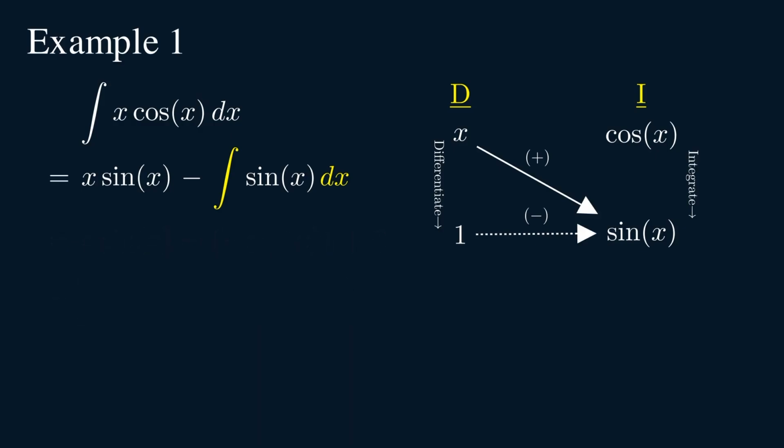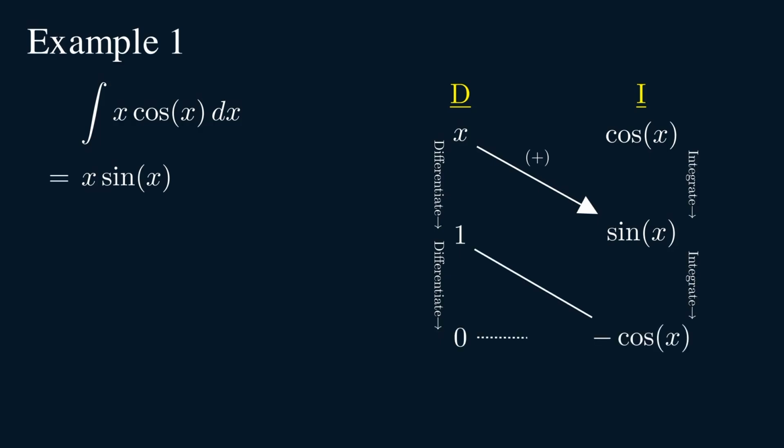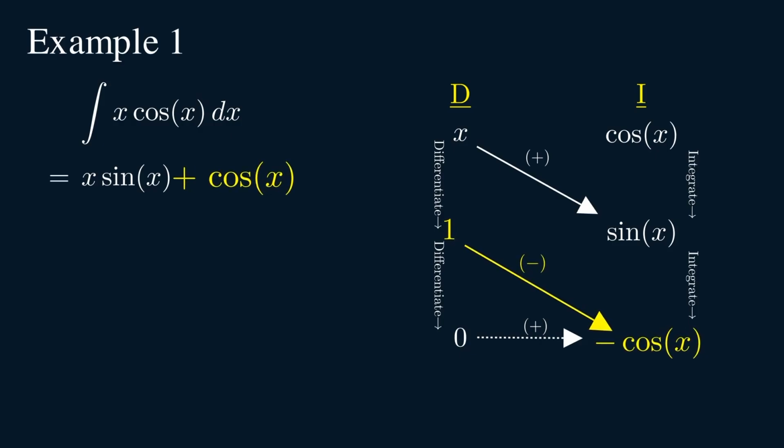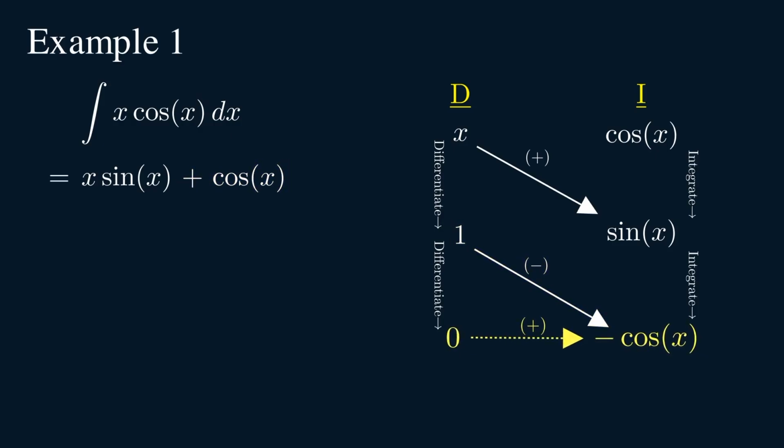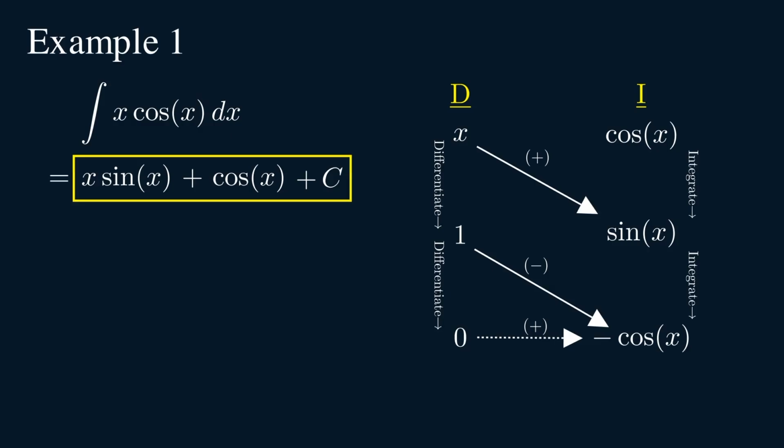In fact, we could have completed the entire integration directly within the table by performing another round of integration by parts. This is the kind of situation where the tabular method proves highly efficient. As before, the first solid arrow gives the first term of the antiderivative. We multiply the terms connected by the second solid arrow, including the minus sign, to get the second term of the antiderivative. The term corresponding to the dashed arrow is omitted, since the product of the corresponding functions is 0. Finally, we add the constant of integration, c, to complete the integration process.